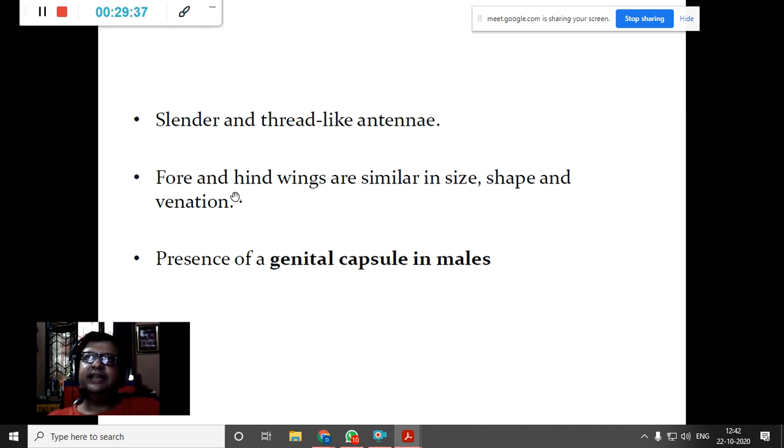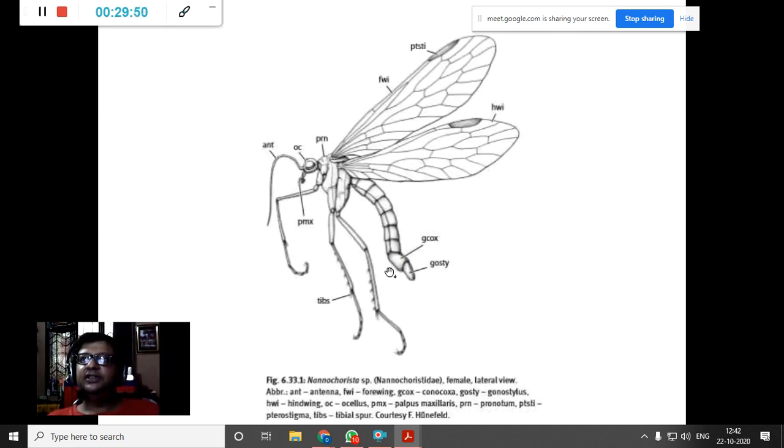Slender thread-like antenna, fore and hind wings are similar in size, shape and venation. Presence of a genital capsule in males. This is also an important thing. A small capsule-like structure is present in the genital region. So this is how it looks,